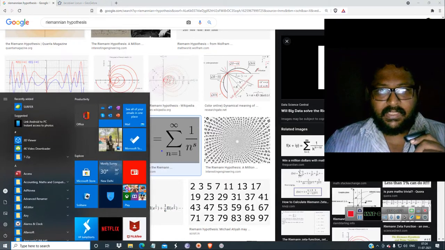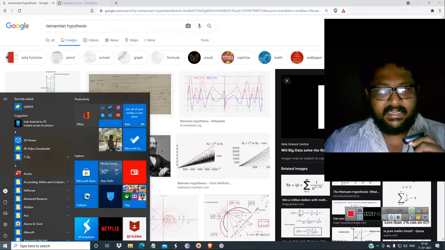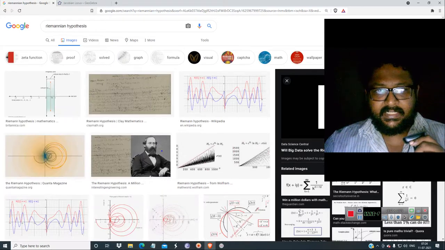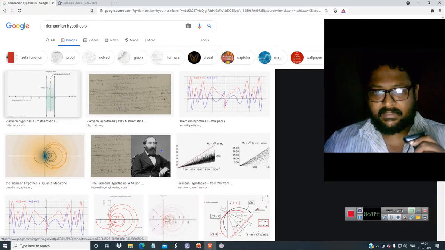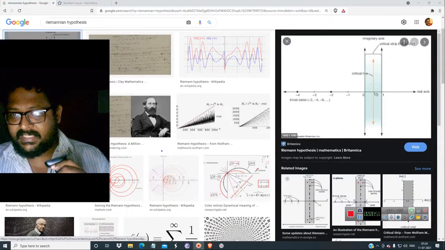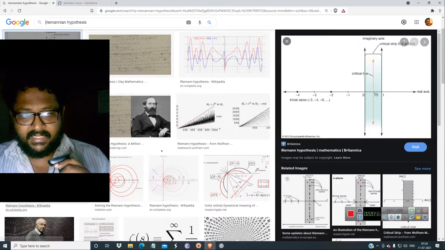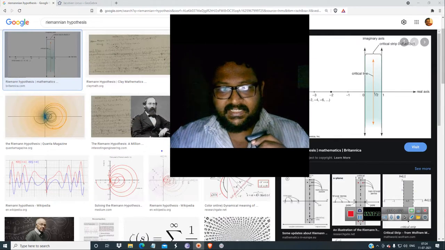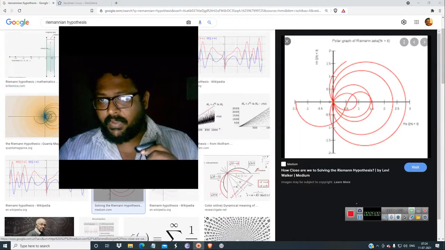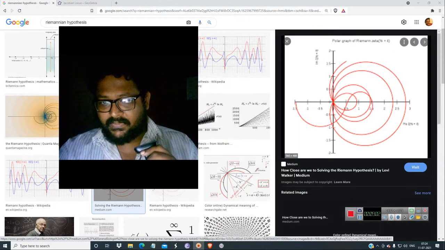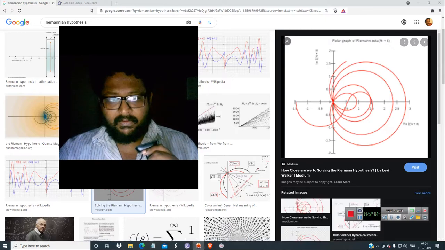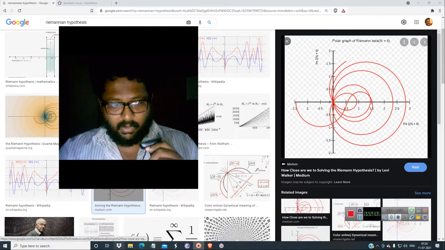Actually, what they are saying is that all the zeros lie on a straight line, within this critical strip. So what is the equation of this critical strip? In the UV plane, this critical strip transforms into a curve like this. I will tell you how. It is really complex to plot.